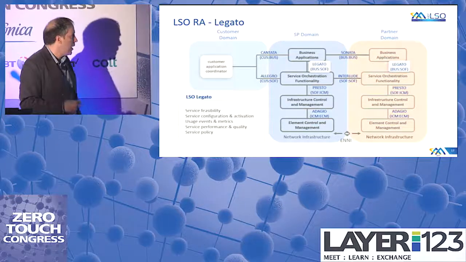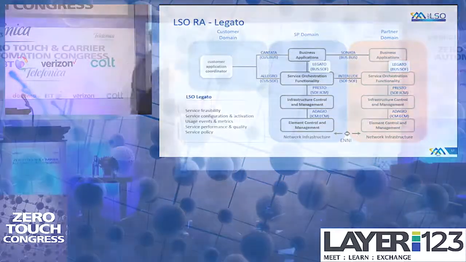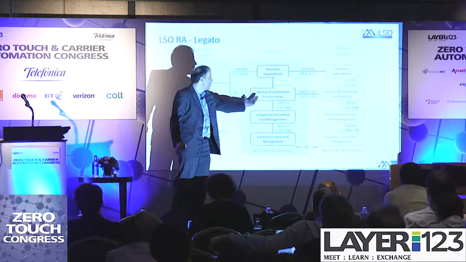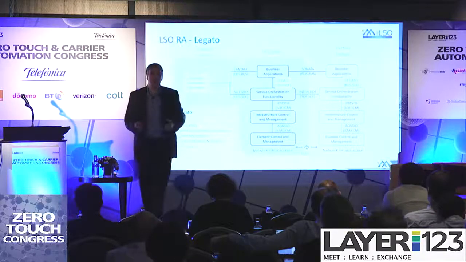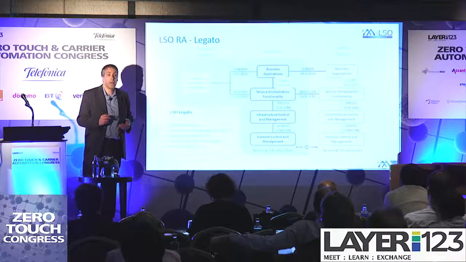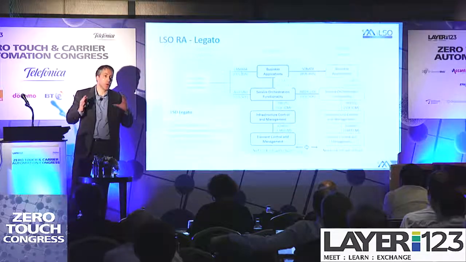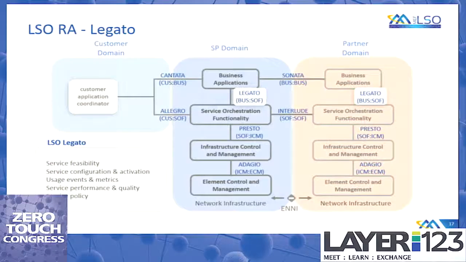Then I have Legato. Legato is a northbound interface from the orchestrator, and this is to the business logic. By the way, Legato was also adopted by ONAP, if you're familiar with ONAP. So ONAP is using Legato to connect from the orchestrator to the OSS/BSS. And you can see it. And again,